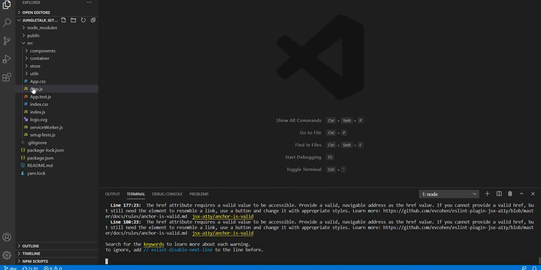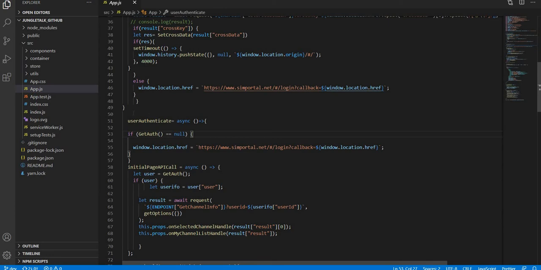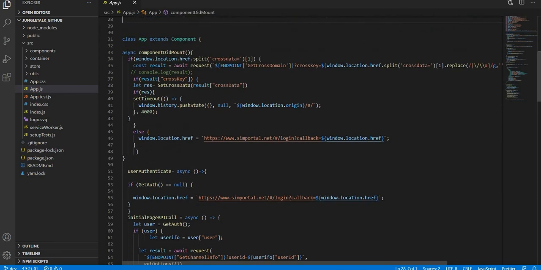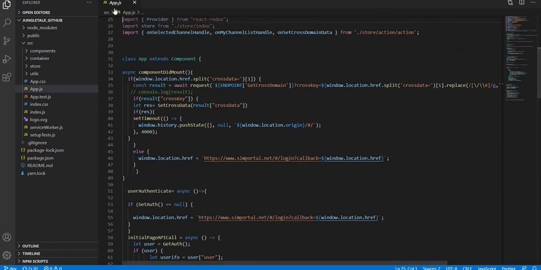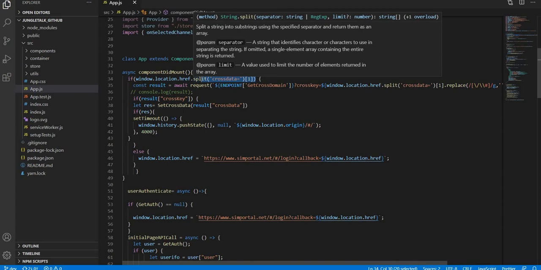So I have to come here to app.js. Let me show you at the coding level how this process is working. This is the app.js file, and under componentDidMount, what I cross-checked is whether cross domain data is there or not.